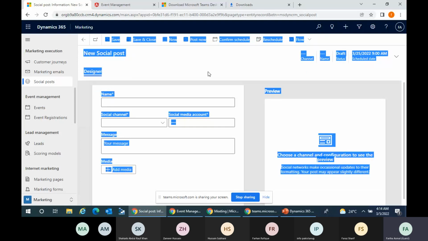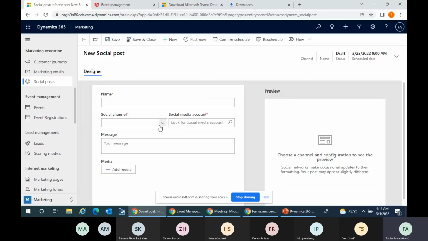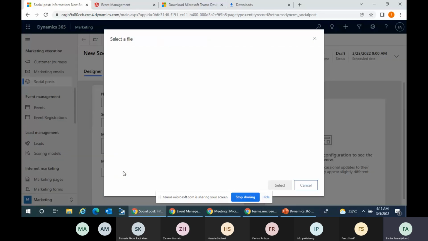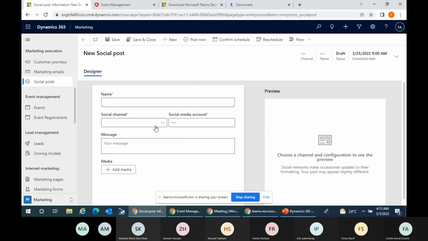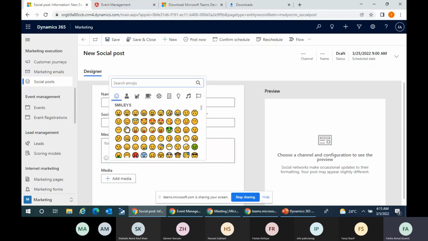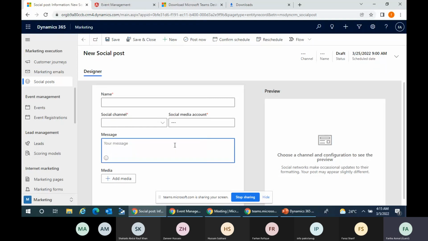Like we can add the media also here. It includes images and all this information we can add, emojis and everything. So it is one of the very nice features, and it gives some insights,